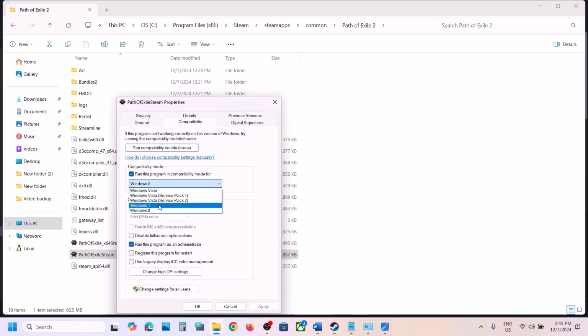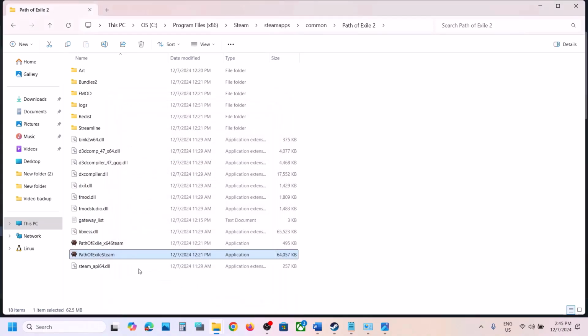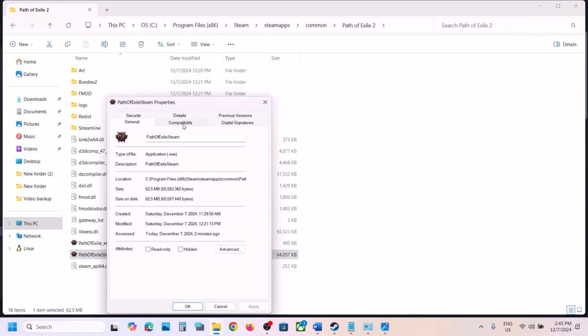If that does not work, try Windows 7, hit apply, click on OK. If that does not work, disable full screen optimization, hit apply, click on OK, make a double click, launch the game from here. So when you put a check on all these boxes,